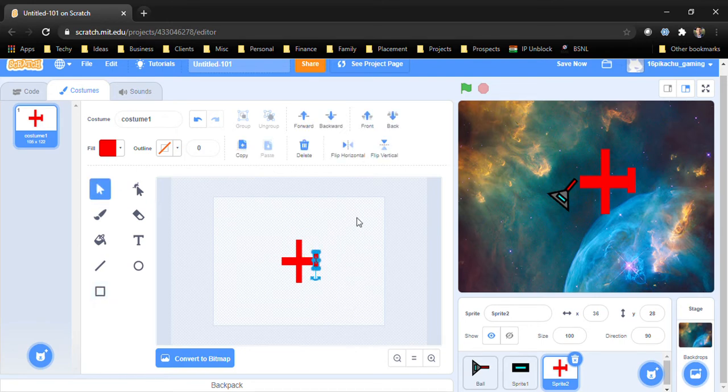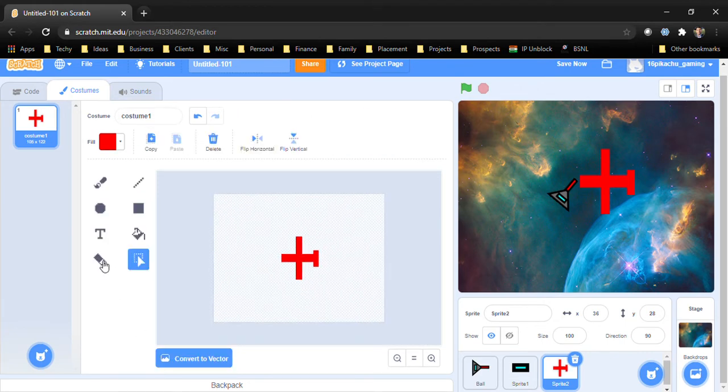Select this thing, bring this a bit down. Okay, so now convert it to bitmap and draw a line like this over here. So now take the fill and fill this rectangular thing which we drew.